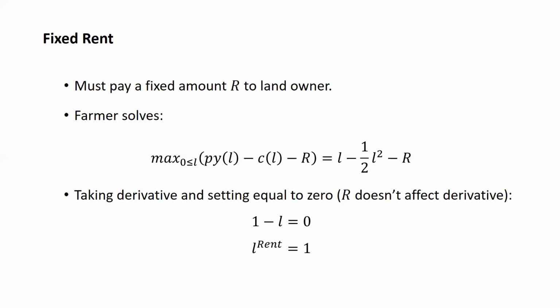And so we potentially could choose a value of R that divides output equally between the farmer and the landowner, like it does in the case of sharecropping. And so you could have the same 50-50 arrangement, but now you would have the efficient amount of effort and a higher output. And so this would seem to suggest that sharecropping is a terrible idea. And why is it that we observe it so much?